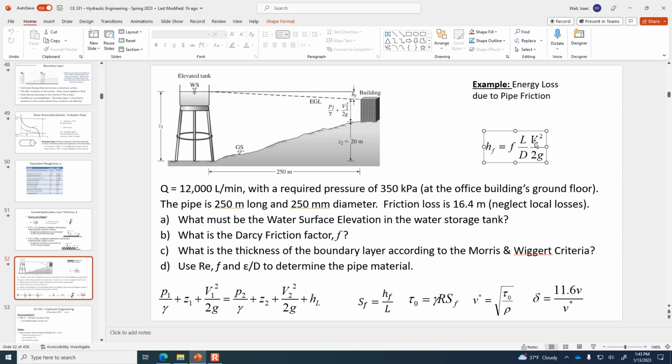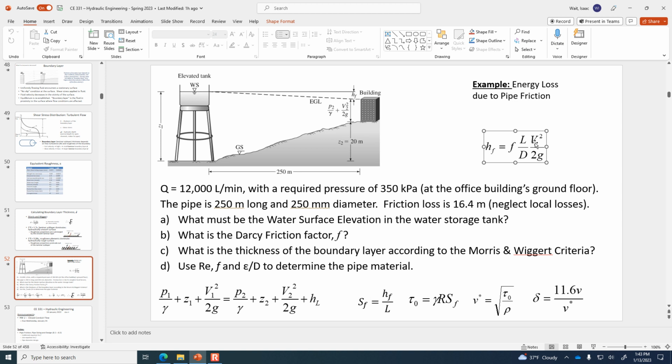So we can calculate the Darcy-Weisbach friction factor equivalent just by rearranging the formula. Let me write that on the whiteboard. If we just rearrange things algebraically, okay, so it should be F is H sub F times the diameter times 2g divided by length times velocity